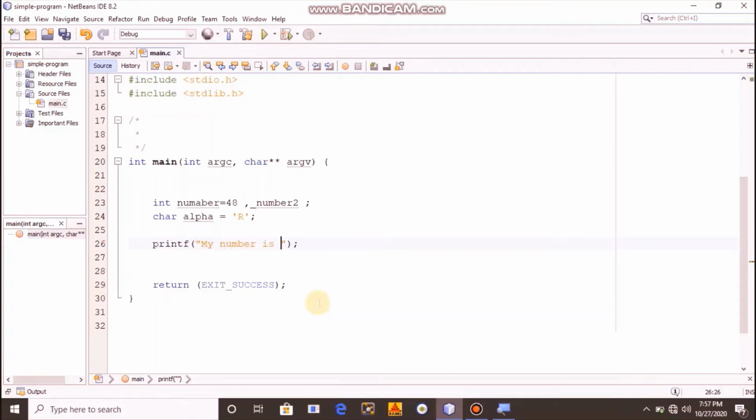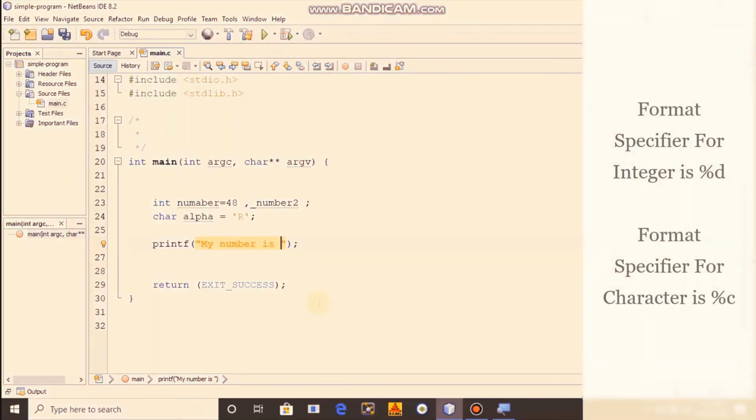Now the very important thing I am going to tell you is that I have to use a format specifier. A format specifier defines which type of data you want to print here. So for integers we have the format specifier %d, then I have to give a comma and the variable which stores the value 48.